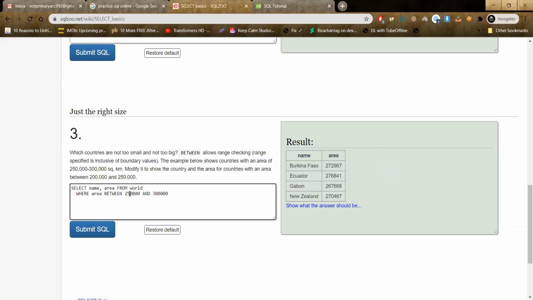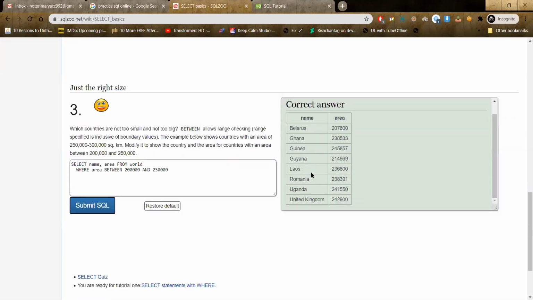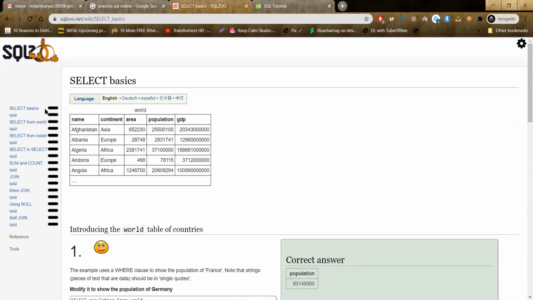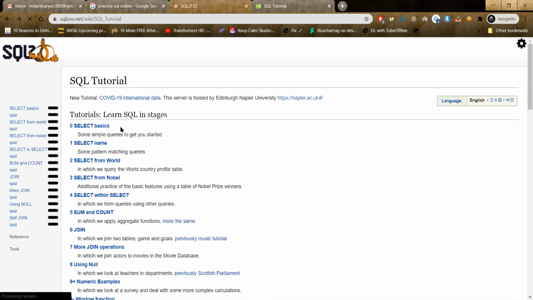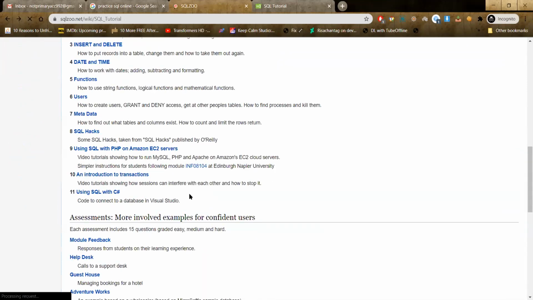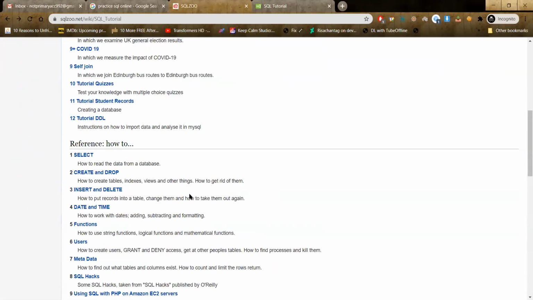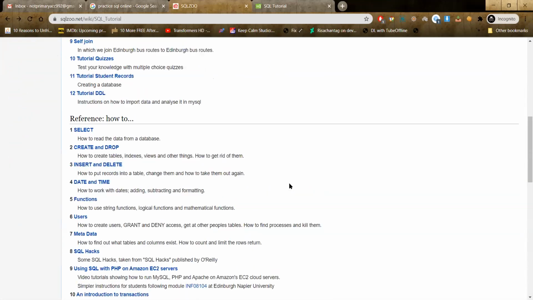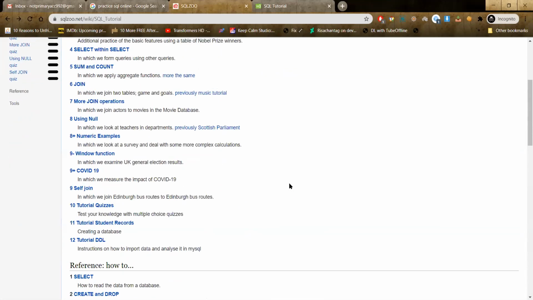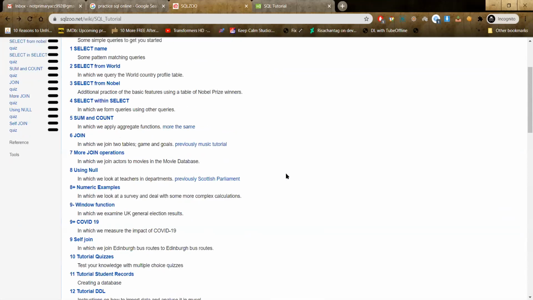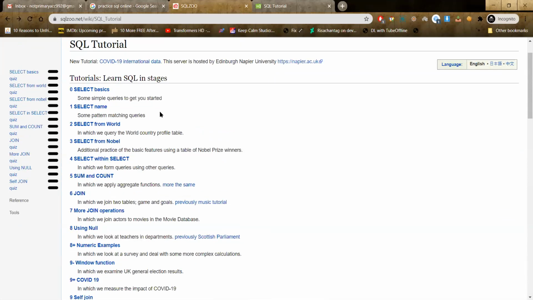And all they're asking us to do in this case is simply modify that to 200,000 and 250,000. So now that's the answer in this case. Similarly, there's lots of other kinds of statements that you can practice. I'm not going to go too in depth about SQL. So we'll see the part that we need with regards to SQL statements, with regards to SQL injection. Whatever we need, that much we'll see. But understanding how select statements work, how from and where work, that is important. So any questions here?